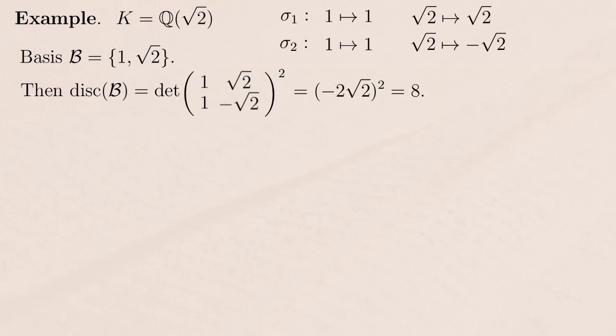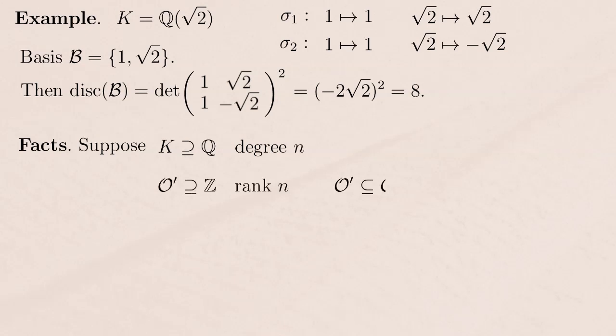I might say more on discriminants some other time. For now though, why is this useful? Well, because of the following two facts. Let's go back to our setup, where K is an extension of Q of finite degree, O' is a lattice inside K of maximal rank, so O' contains some of the algebraic integers in K, and we get this nice little square of inclusions. But notice that O' might not contain all the algebraic integers,